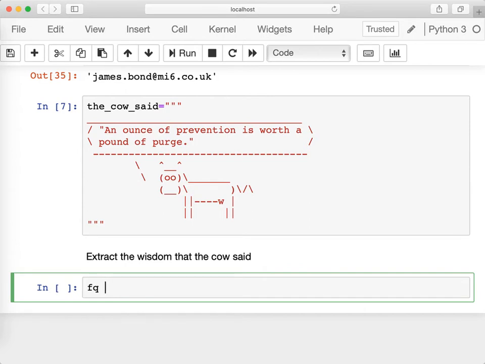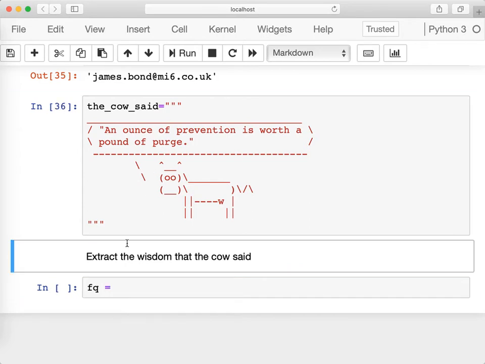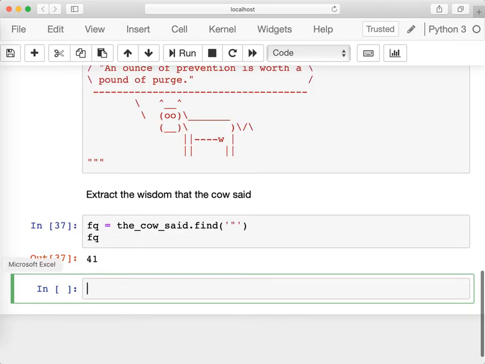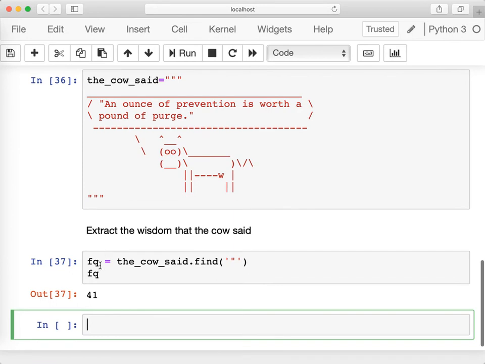So first quote will be, let's run this cell first. The cow said, find quote. Once again, I started with a single quote because I wanted to look for the quote here. So first quote will be at position 41. Now, second quote, I'm going to locate,